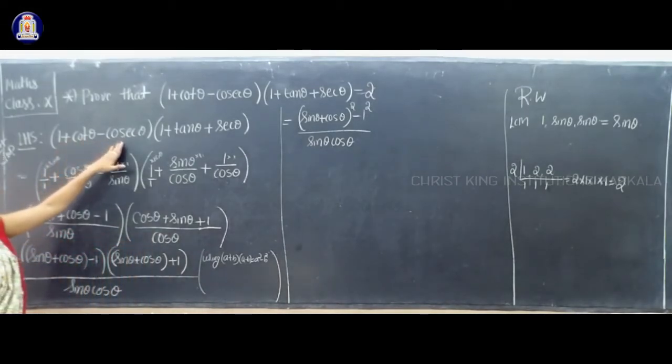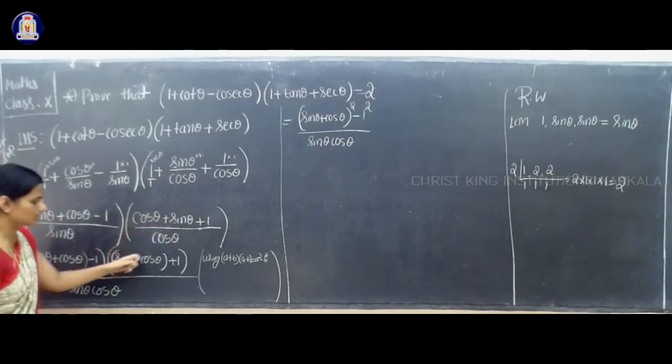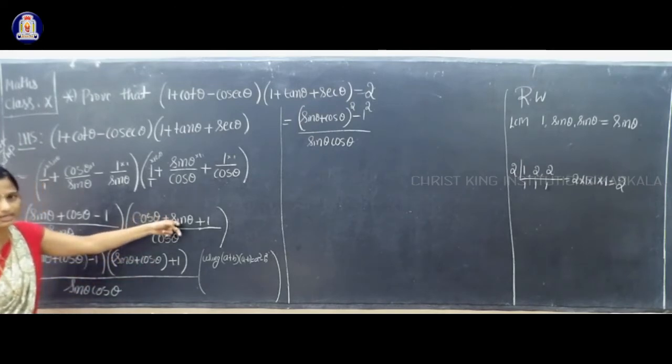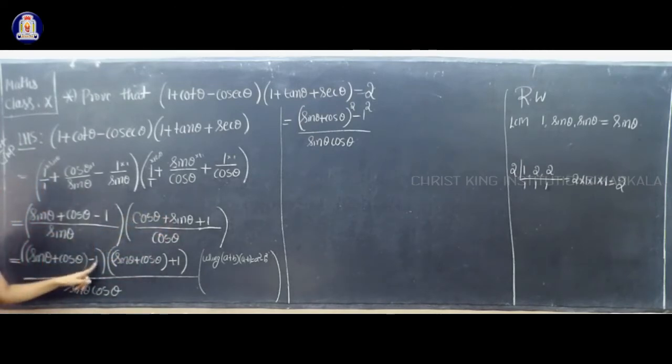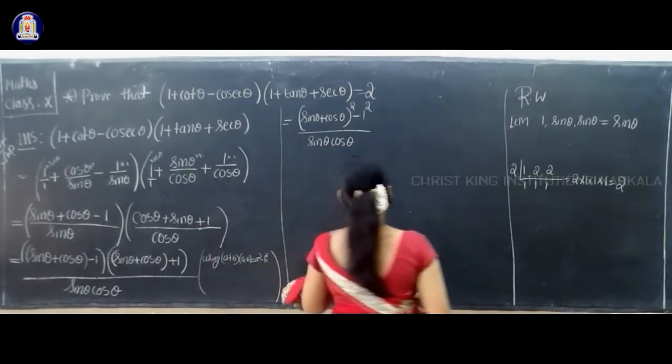Write this. Use the definition of cot and cosecant, tan and secant. Now take LCM. Now after taking LCM, combine these two, sin theta plus cos theta, cos theta plus sin theta. Sin theta plus cos theta plus sin theta, both are same. And here minus 1 and minus 1. So it looks like a minus b, a plus b. So divided. So we can use which formula? A square minus b square. So sin theta plus cos theta whole square minus 1 square.